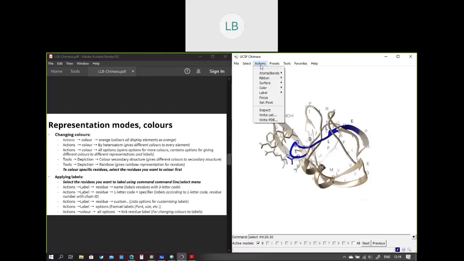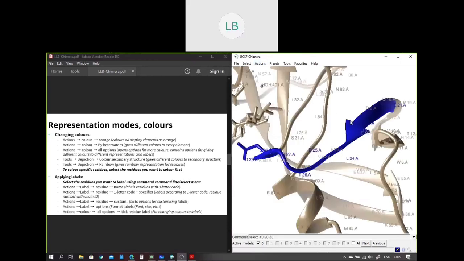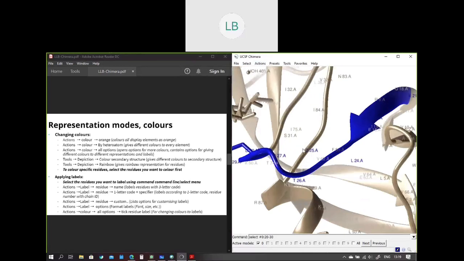Instead of 1-letter code, we'll give 1-letter code plus specifier. It will show the residue number plus the 1-letter code. So here the dot A means it's part of chain A. This will be helpful when it's in a large protein complex where there are different chains. So it will be useful to represent which one is chain A, chain B, and so on.